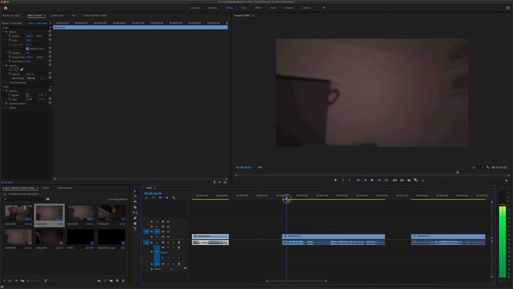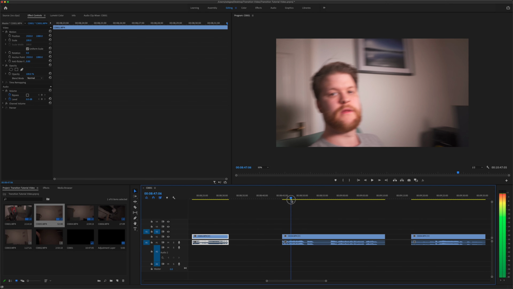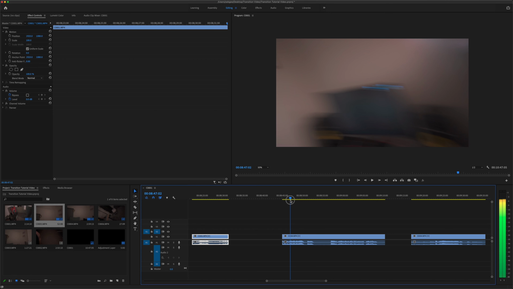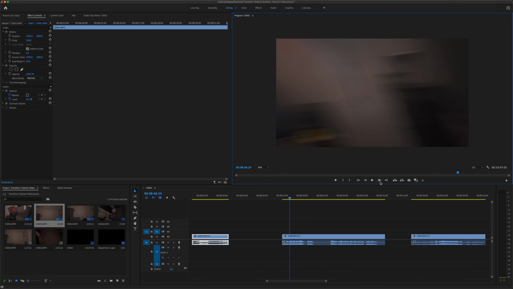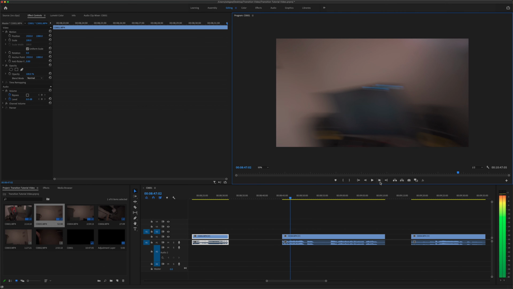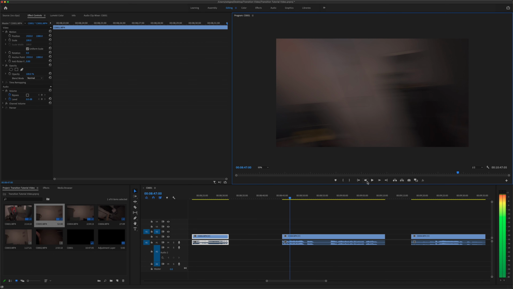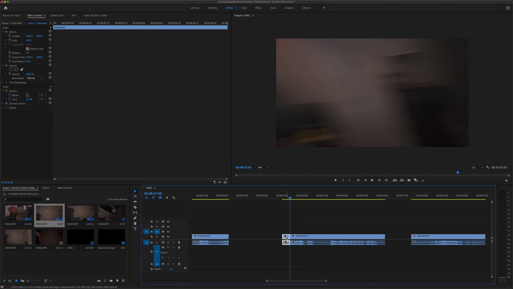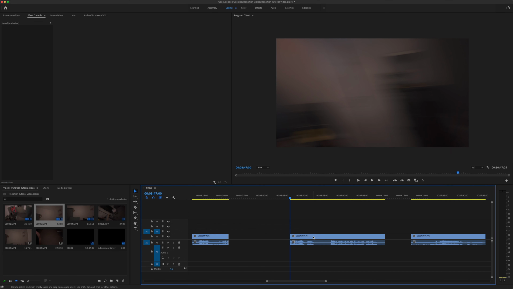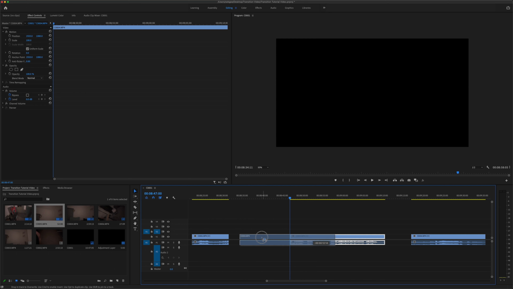So let's find that camera movement. There we go. Excuse my derpy face. So we're looking for that light stand. So that's basically the light stand there. So it's not exact, like I said, it doesn't have to be exact. We haven't got the top of the light there, but we've got this light stand. So we know the camera is roughly facing the same direction. So again, we're going to put a little split in this clip and then delete everything before it. And then all you have to do is drag the 2 clips together,